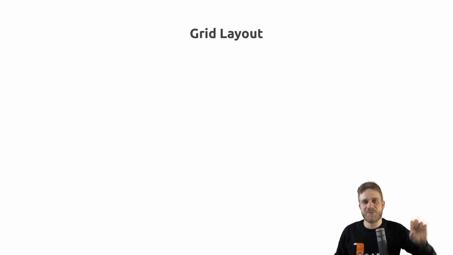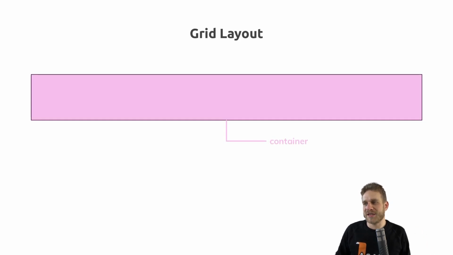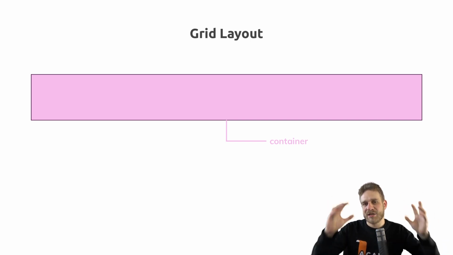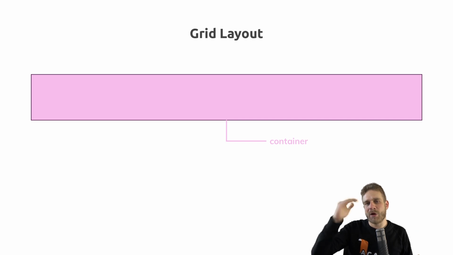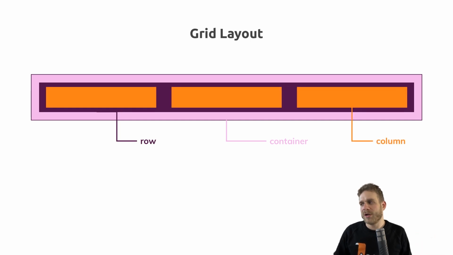I'll come back to the predefined CSS classes in a second. Now as I said, you can think of your page as a bunch of rows and columns. And a grid layout in Bootstrap is defined by, let's say, a div with a container CSS class. A container simply contains the grid you then define with a couple of rows and columns. Therefore, inside the container, you got one or more rows. And in a row, one or more columns.